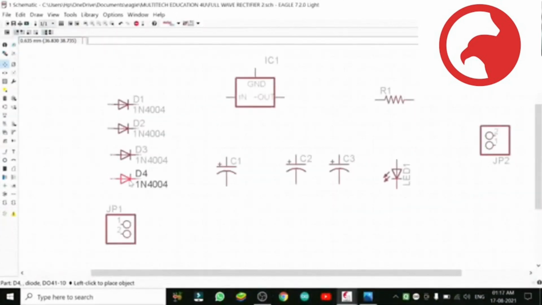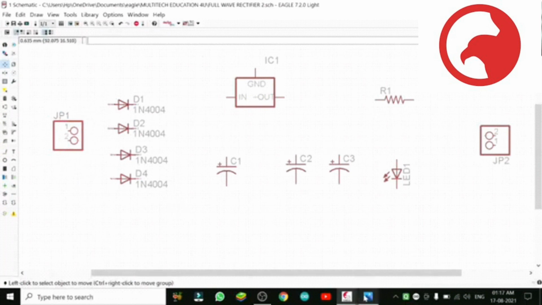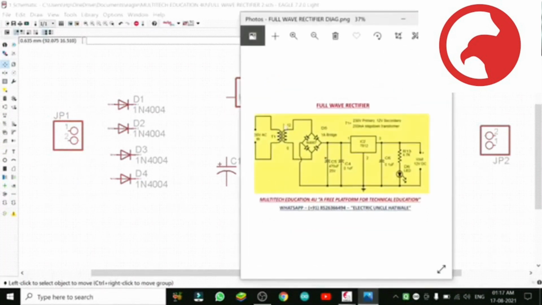So now we can make the arrangement as per our full wave rectifier drawing. Like this, like this. So better to make the similar one, maximum possible.